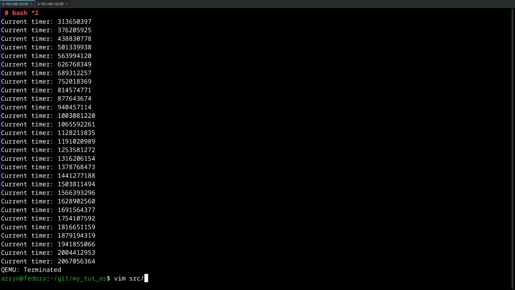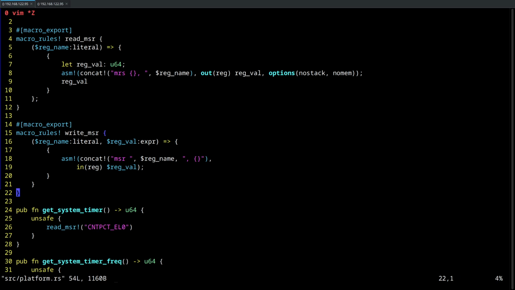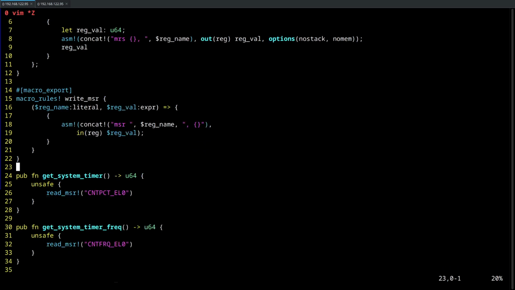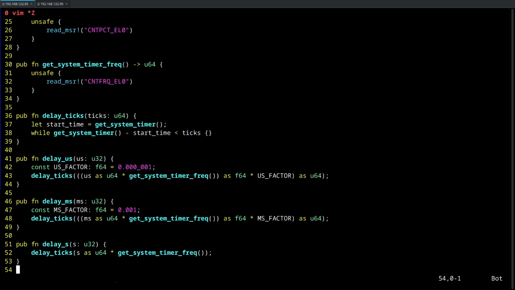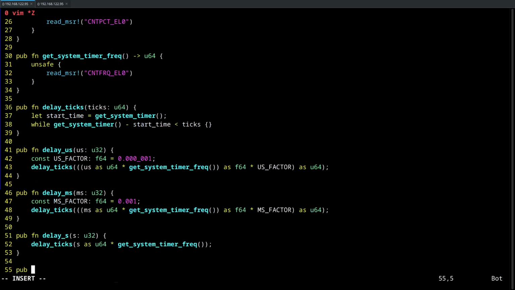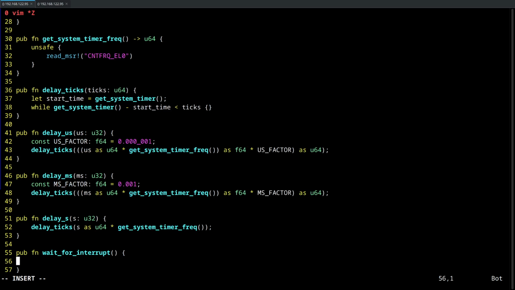To fix that, what we can do in platform.rs, we can make one more function. Let's maybe put it down here, and let's call it, what would we call it? We will call it hold processor wait. Let's just call it for what the instruction is. It's called wait for interrupt. And here we're going to say unsafe